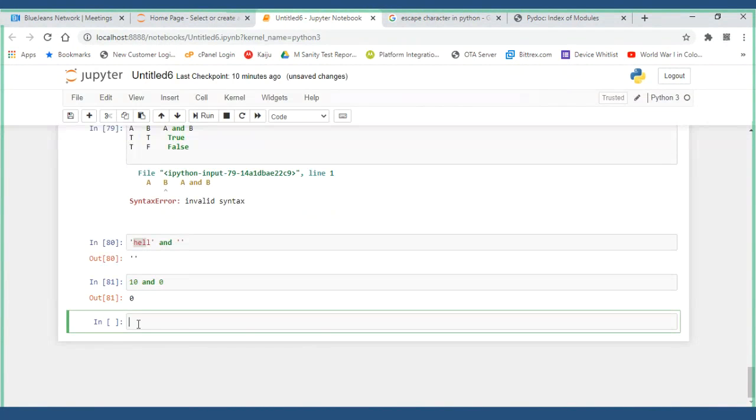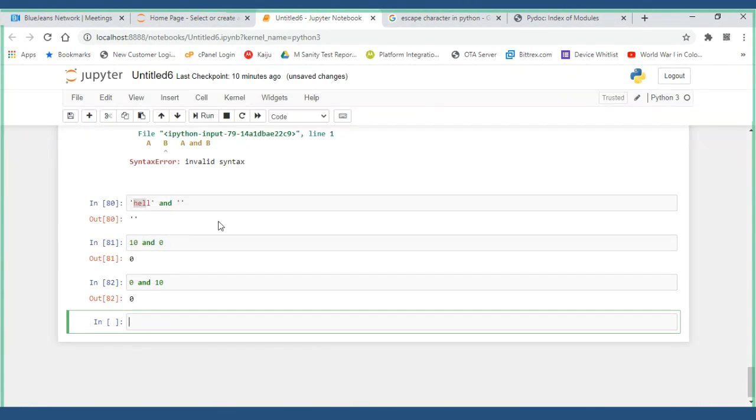Either I have 0 on the left side or the right side, I get 0. If any one variable, left side or right side, is an empty string and the other value is anything, then I will get 0. You are multiplying with 0, so you will get 0 only. Left side you can have 10,000 or right side you can have 10,000. If you are multiplying with 0, you will get 0 only.